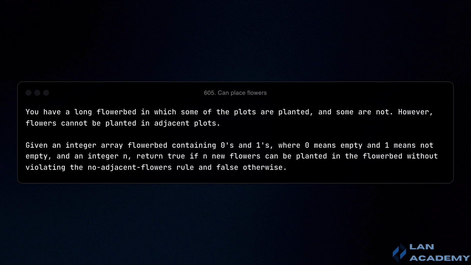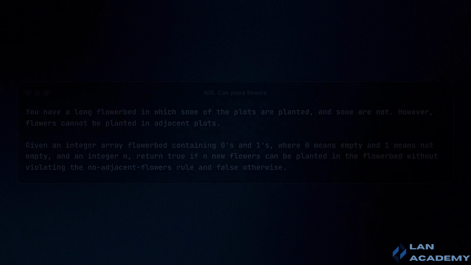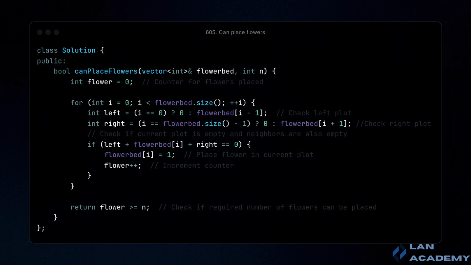For two flowers to not be adjacent, the array must contain 3 consecutive null values. I have to return a Boolean answer, namely true if I manage to plant the n flowers, or false otherwise. If I was to describe the steps needed to solve this algorithm, I would first initialize the number of planted flowers, I would then traverse the array, and I would ultimately return my answer. So, let's take the steps one at a time.